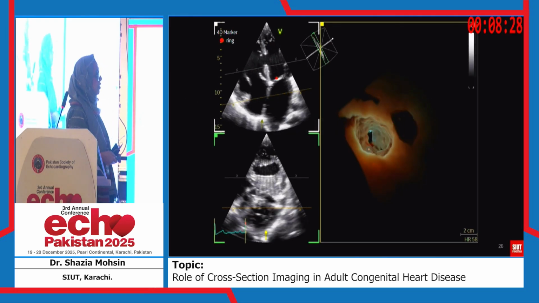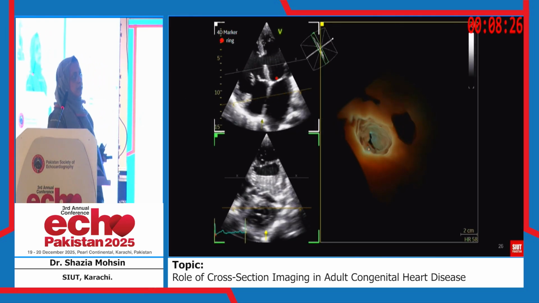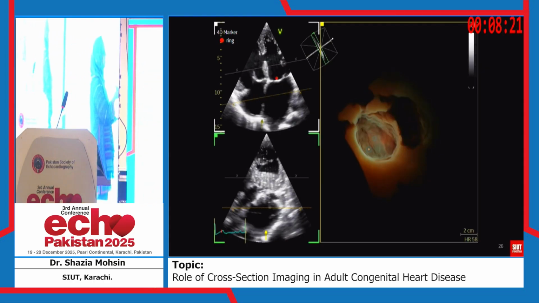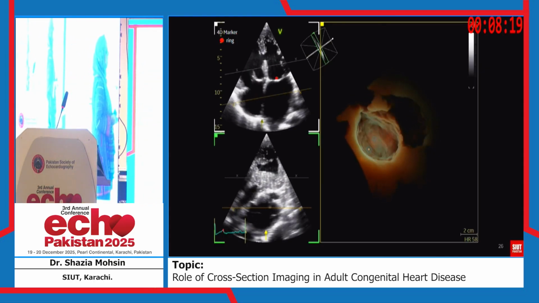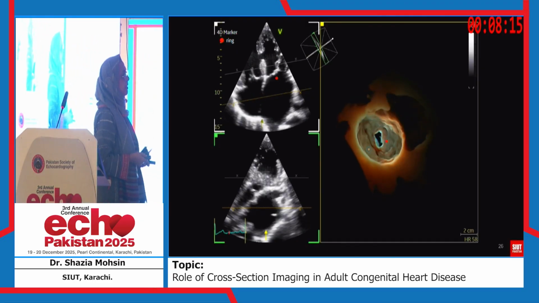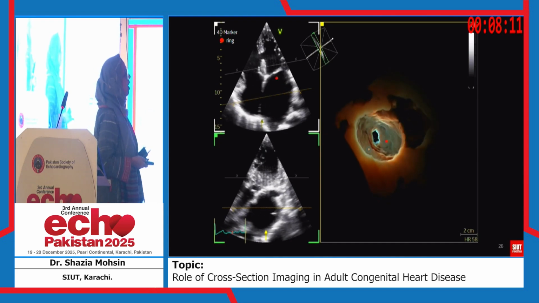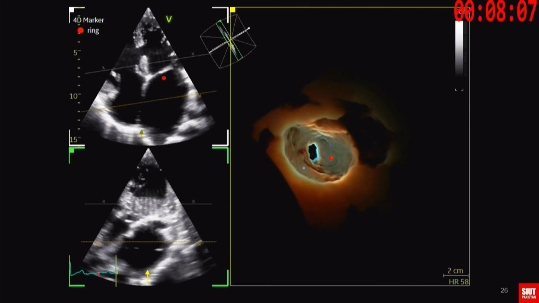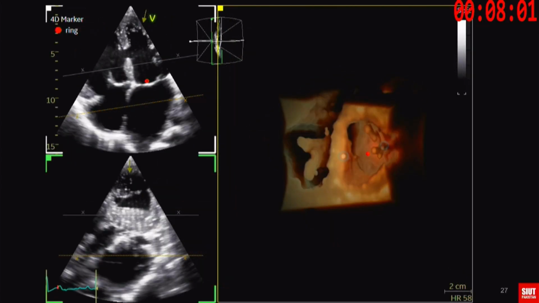This is a patient who was diagnosed to have a basal muscular VSD, and there was an excursion problem at the mitral valve. If you look at the 3D echo, we can very clearly see that there is a supramitral ring which is tightly adherent to the valve itself. We make use of the 4D marker, which can show us where the anterior and the posterior leaflets are. So in this patient, this is from the en face view, the surgeon's view.